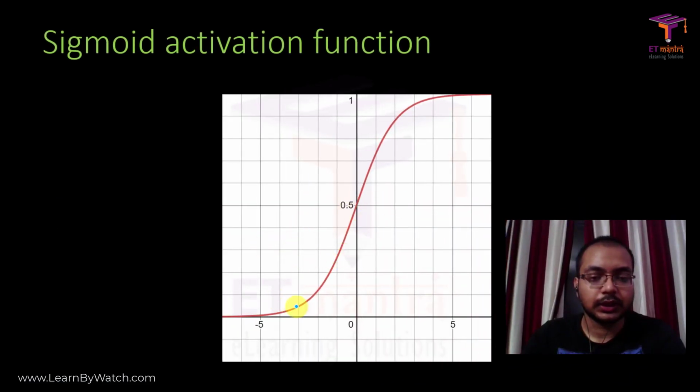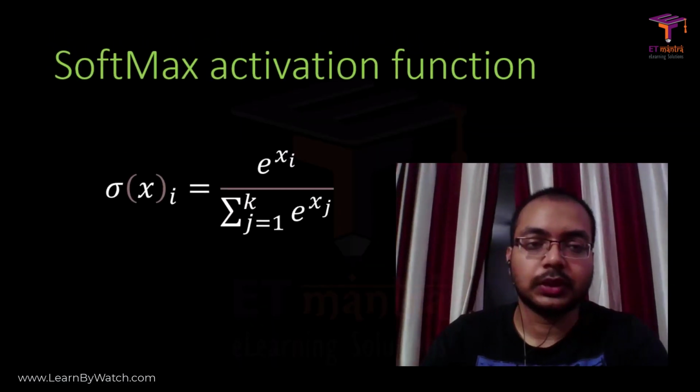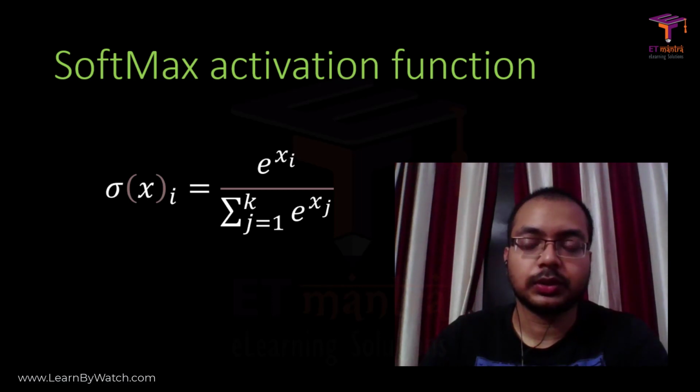This is the sigmoid function we had seen. The output is between 0 and 1. On the positive side, when it goes to infinity, the output is 1, and on the negative side it goes to 0. This sigmoid function is generally used in the last layer. It is not used in the middle layers. In the middle layers, mostly the tanh or the ReLU activation function is used. Sigmoid is used in the last layer. One thing with sigmoid was that it only gave one output. So suppose we want to classify whether the image is a cat or a non-cat picture, then we can output 0 and 1.